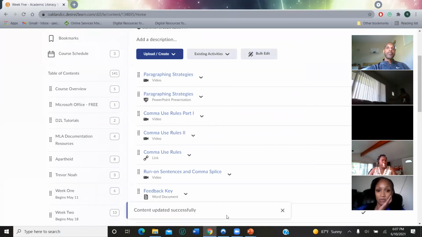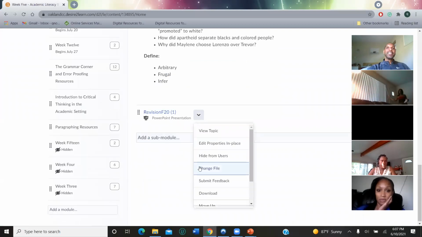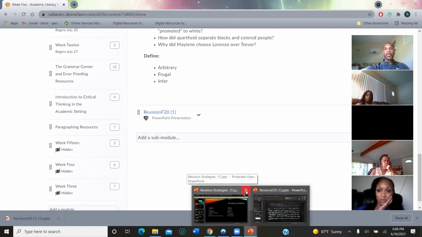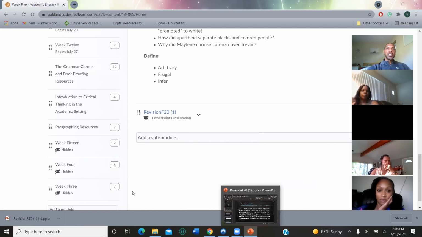All right, now you're rolling. So now the newest set of slides, they're basically the same. It's just this one has a little bit more content, and this one is going to help us transition into our discussion about paragraphing.